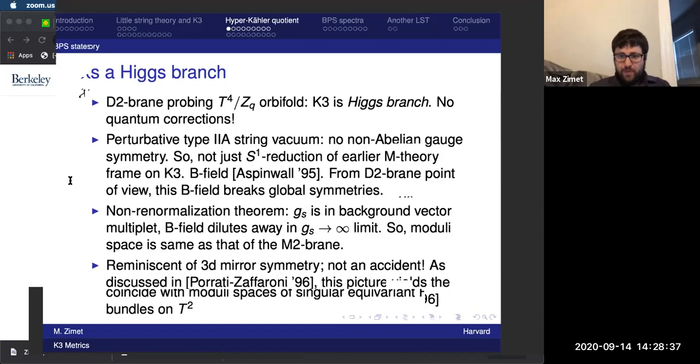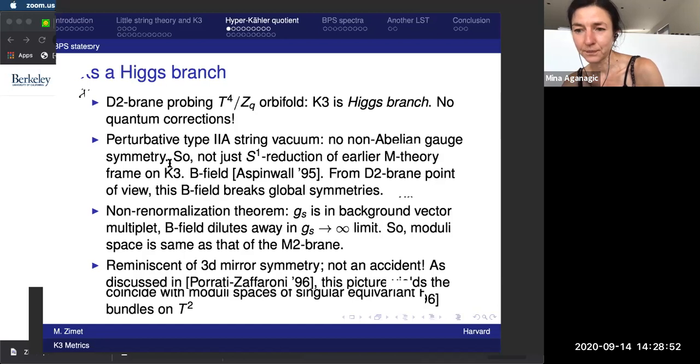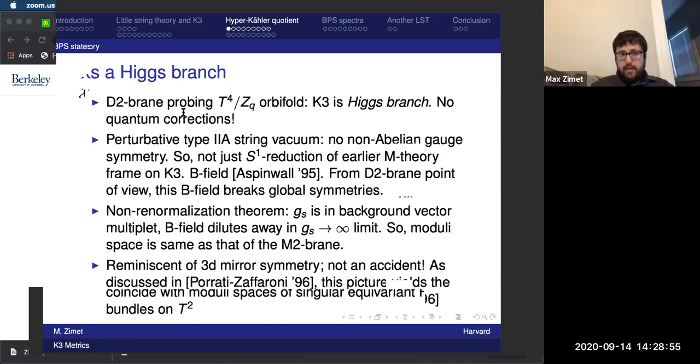Yeah, absolutely. So if you take M theory on K3 and you introduce an extra transverse circle and you compactify on that circle, that gives you this type 2A vacuum, the Higgs branch we're talking about. Alternatively, if you take K3 to be, let's say, T4 mod Z2, and you squish down one of the circles to be really small, then you get a type 2A T3 mod Z2 orientifold.